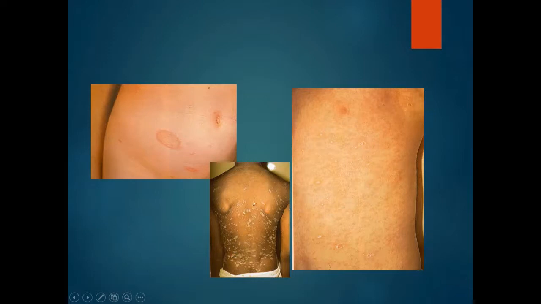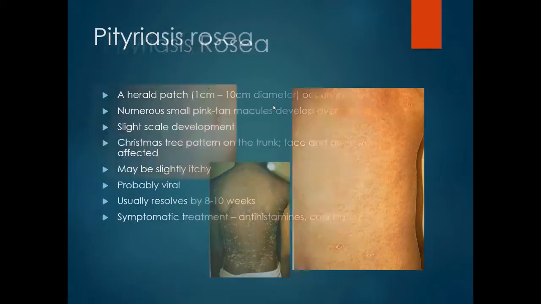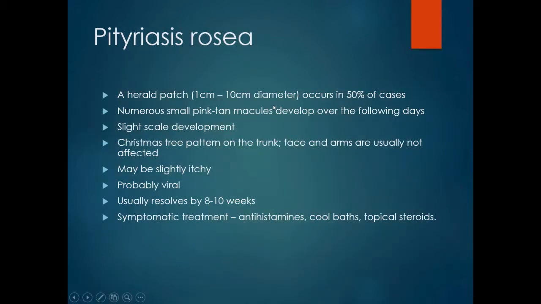And when asking the patient, you might find that they've had this patch develop prior to this general rash, and it may still be present. It's not always present, but if you do find it, it is quite indicative, and this is pityriasis rosea. So we will point to that herald patch, which may be anywhere from 1 to 10 centimetres in diameter, occurs in about half the cases, but the main rash are small pink tan macules which develop over the following days